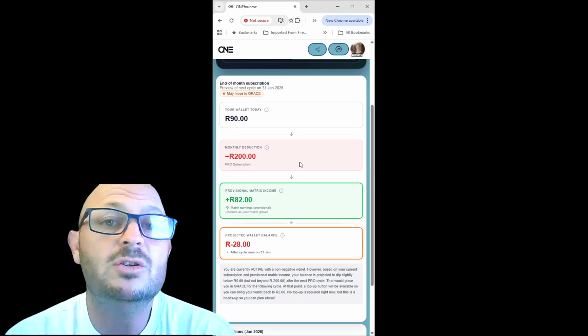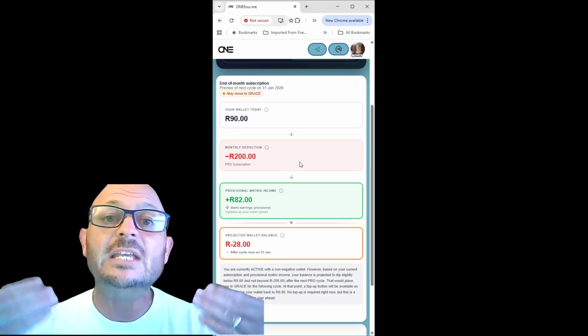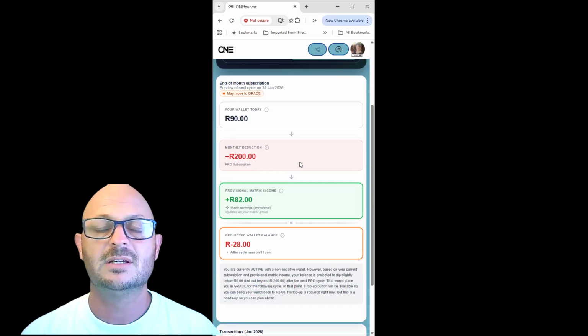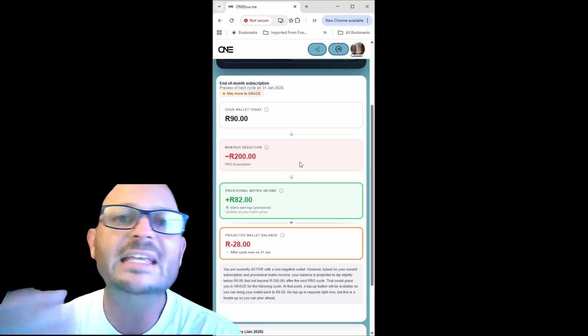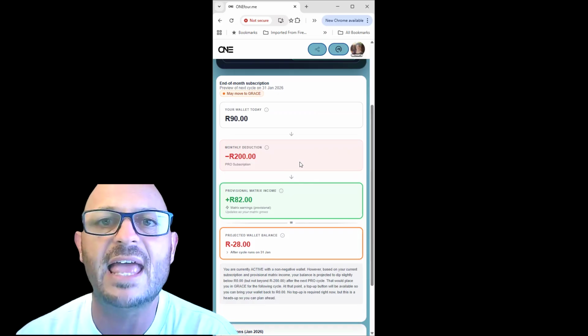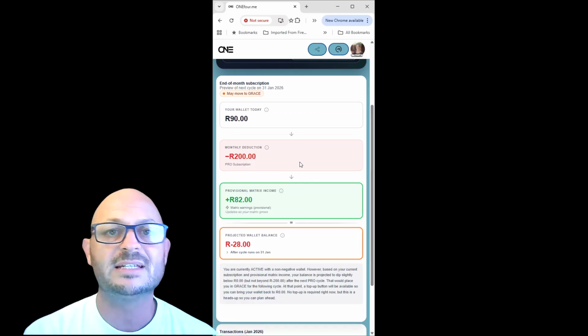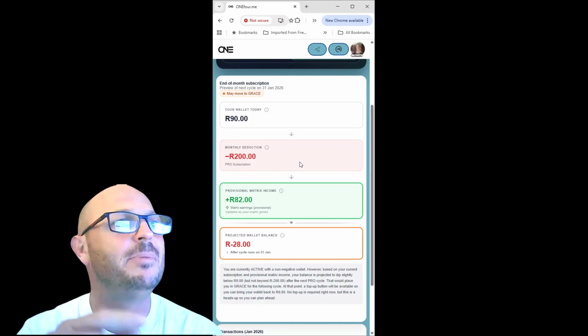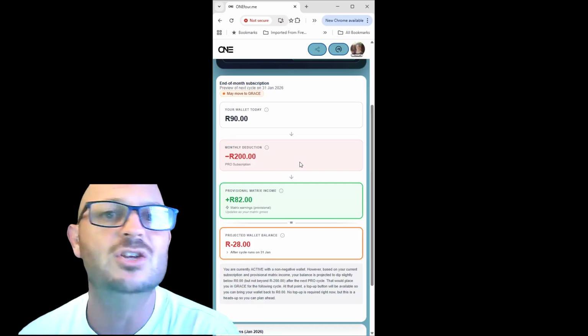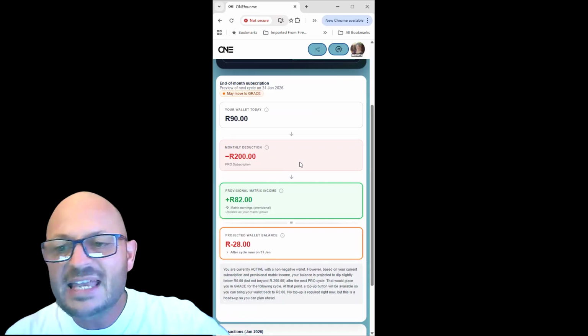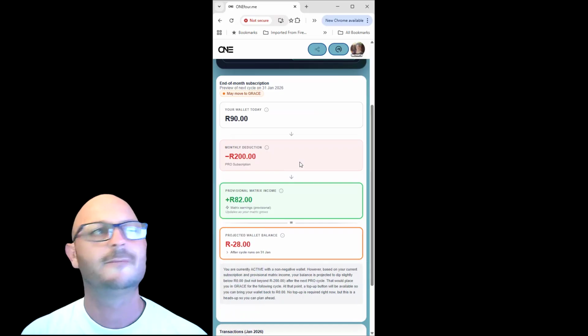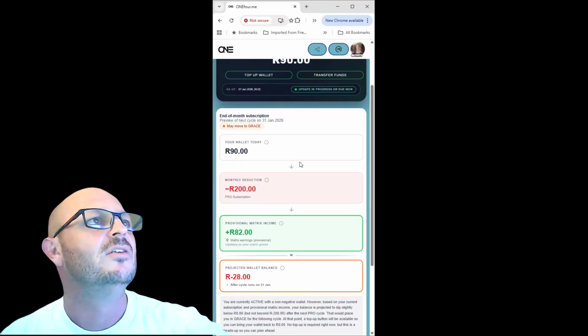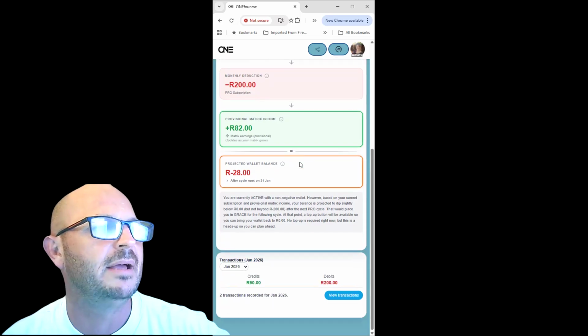So what you need to do is, you are funding your business at the moment, and you need to then pay into your wallet so that you can stay active, and you need to work your business so that your business pays itself and you can start withdrawing money. But that is basically what this page shows. And that is what you can see from this Wallet Pro wallet page.